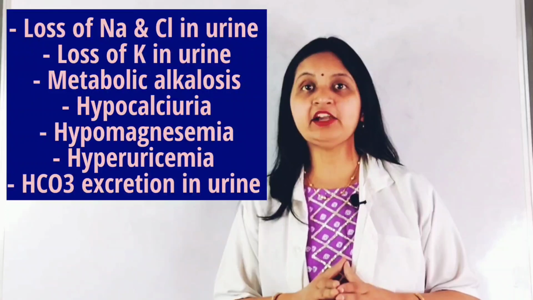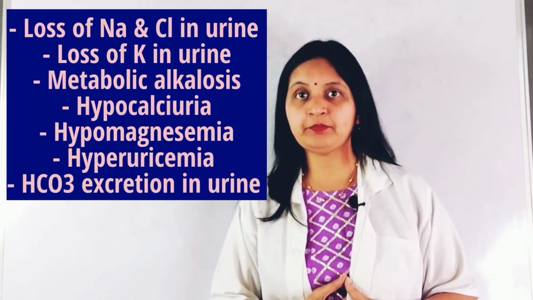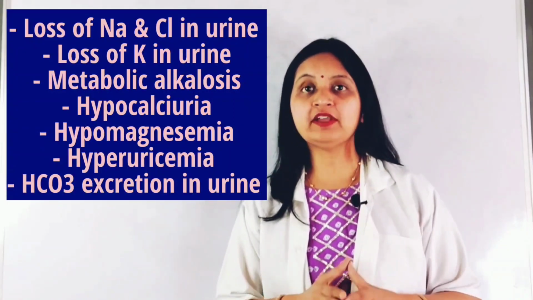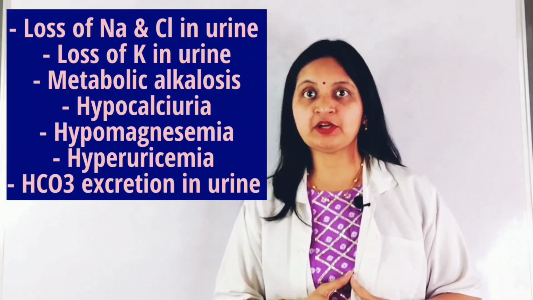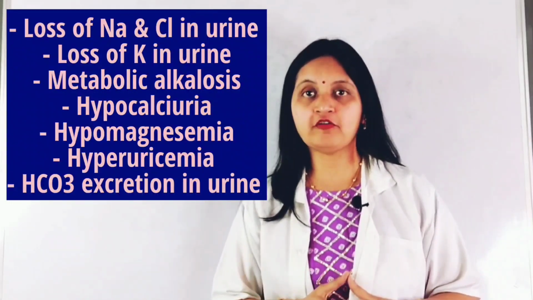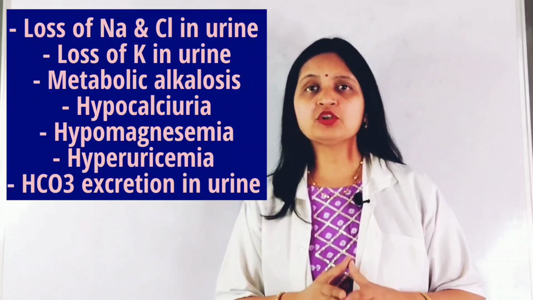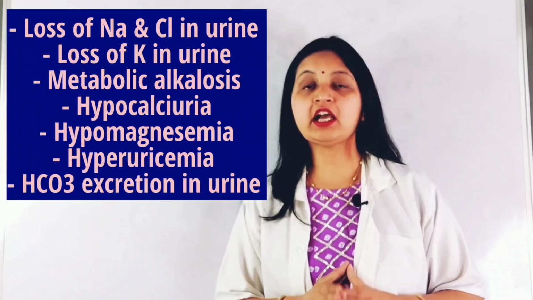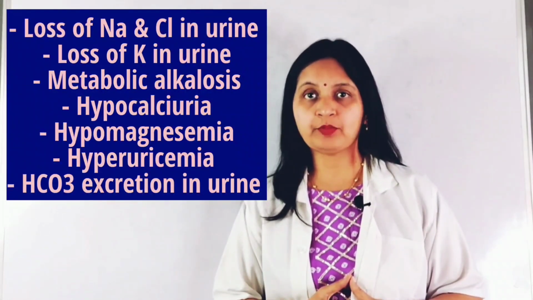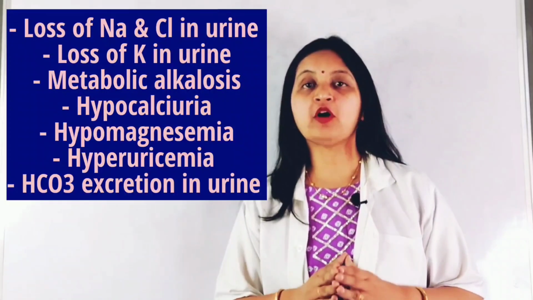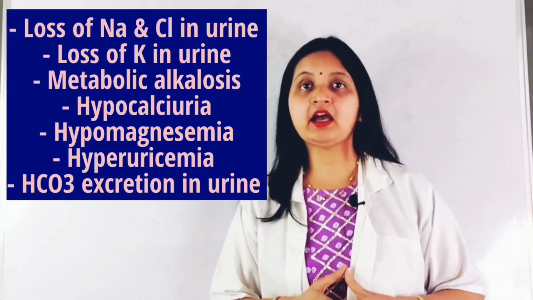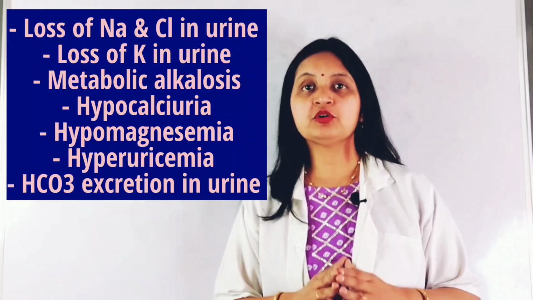Hypomagnesemia can occur secondary to potassium deficiency or hypokalemia and due to decreased reabsorption and increased excretion of magnesium. Most of the thiazide diuretics have a weak carbonic anhydrase inhibiting property, due to which they cause increased excretion of bicarbonate in urine. So to sum up,